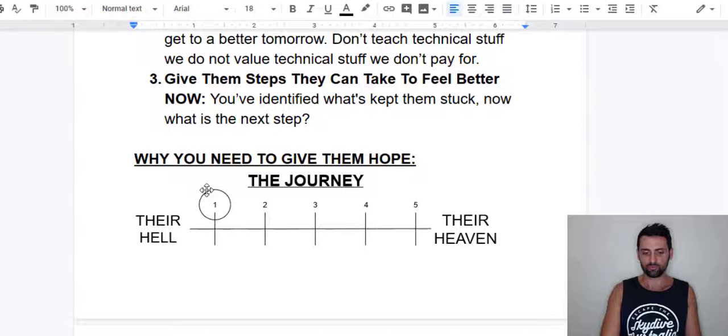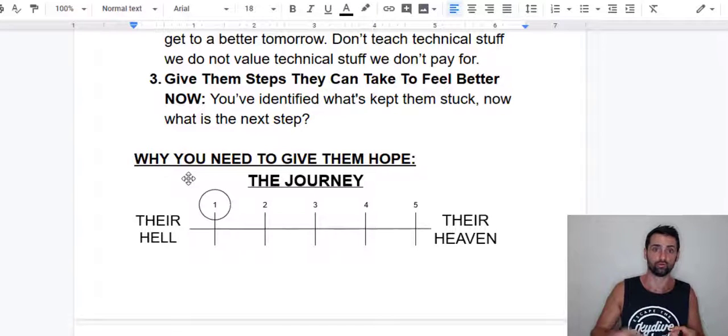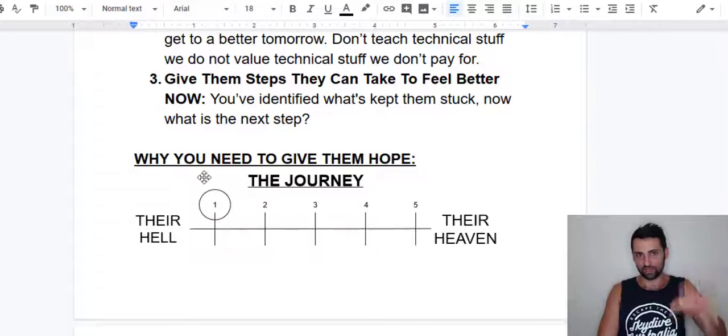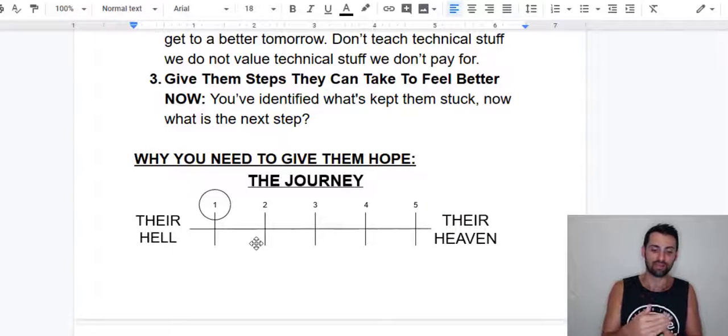So I just want to point out exactly why you need to be giving them hope, why your initial content should be all about providing hope, giving them belief, giving them positive expectations of what they're going to get by joining your group, buying the product that you're promoting, joining your YouTube channel. Mostly buying the product that you're promoting. So why you need to give them hope and positive expectations as to what they're going to achieve when they actually buy the product you're promoting.